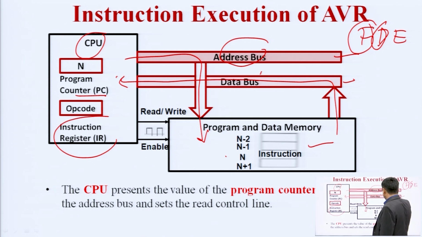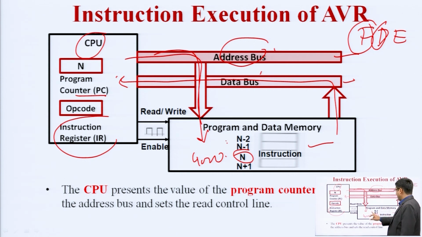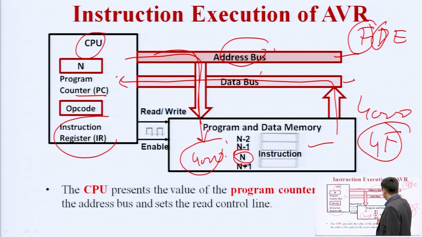Here instructions are available from n-2, n-1, n+1. To know which instruction the CPU has to execute, there is some address. For example, if we are dealing with the n instruction, it has some address 4000. This address will be provided into the address unit. It goes here, and from that particular instruction, for example at memory location 4000, there is some data 4F. It will be fetched from this memory location through this path to the program counter.